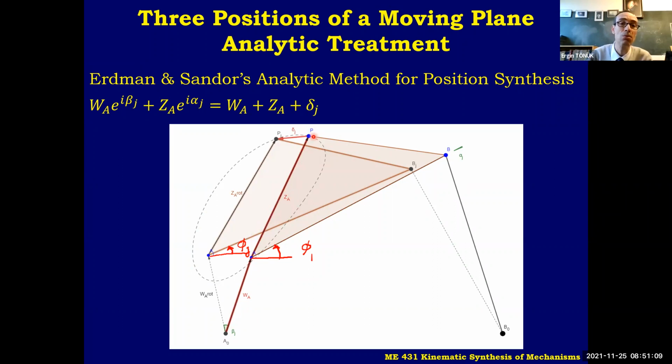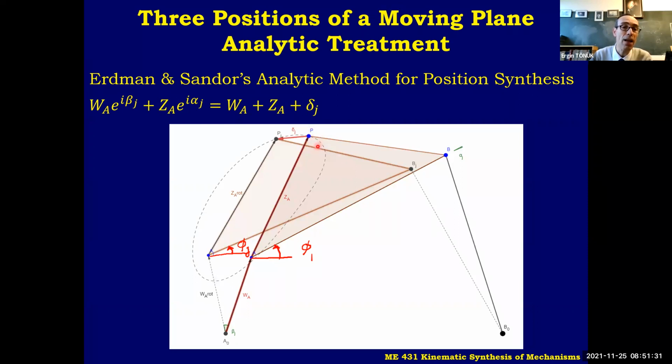We would like to determine them, okay? And we represent them by complex numbers rather than Cartesian vectors, i, j's. It's much simpler, okay? So what we have is WA plus ZA, which are two unknowns, is our representative point